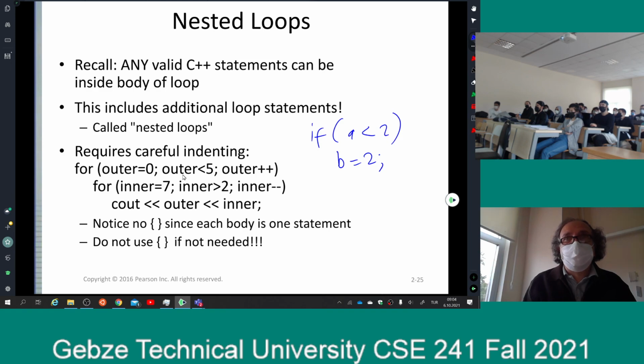Okay. Yes. Doesn't it become more readable when you use curly brackets? No, it makes it less readable, because what does